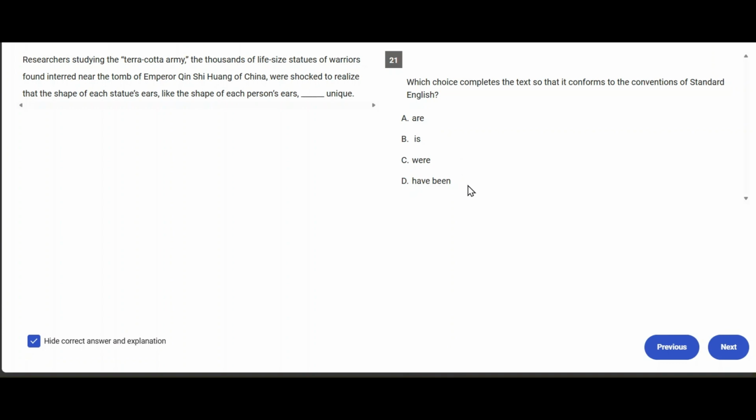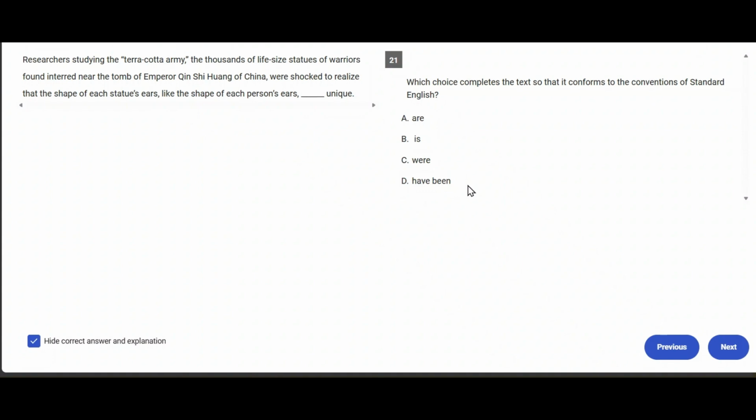So let's read. Researchers studying the Terracotta Army, the thousands of life-size statues of warriors found interred near the tomb of Emperor Qin Shi Huang of China, were shocked to realize that the shape of each statue's ears, like the shape of each person's ears, blank unique. Okay, so let's follow my